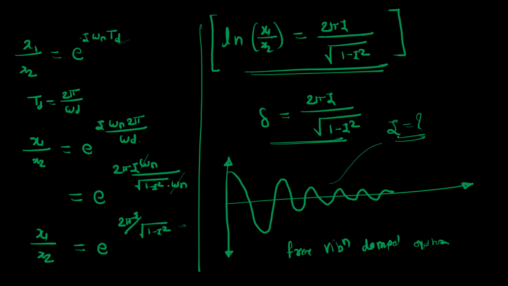Okay. And for that, you have to just measure any two successive amplitudes on the same side of the mean line. So let us take this as the x1 and this is the x2. So by using this relation ln x1 upon x2, you can find out this value delta, that is the logarithmic decrement, and compare this value with this equation. So we can find out this zeta value. Okay, so this is the use of this logarithmic decrement. So I hope you have understood this derivation.